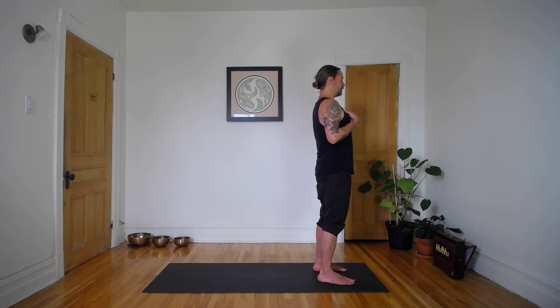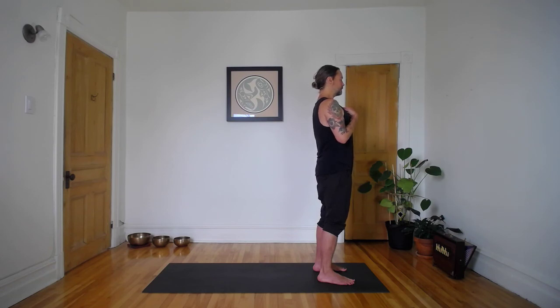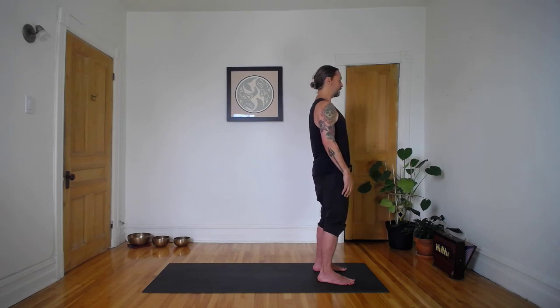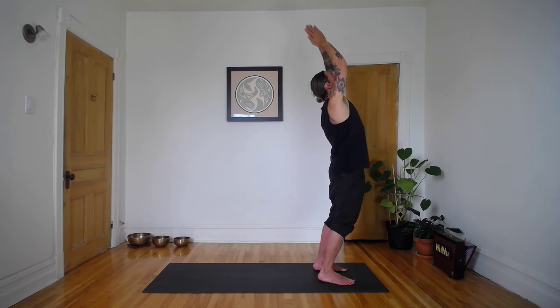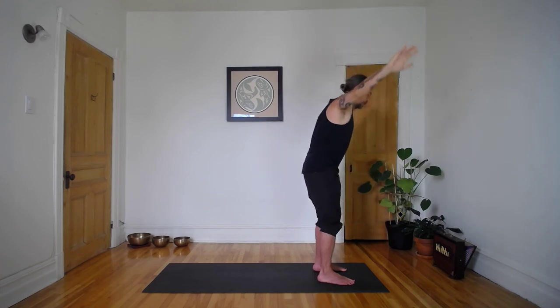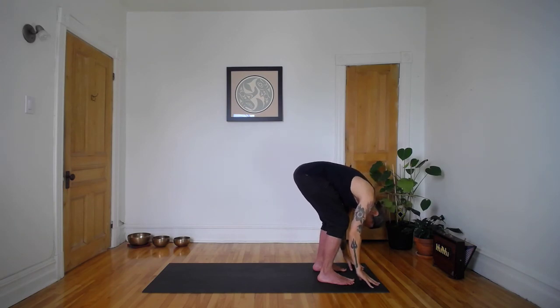Focus your inhale in your chest. On your exhale, engage your abdominal muscles. Now inhale, bring your arms up overhead, look up. Exhale, forward bend. Continue like that,